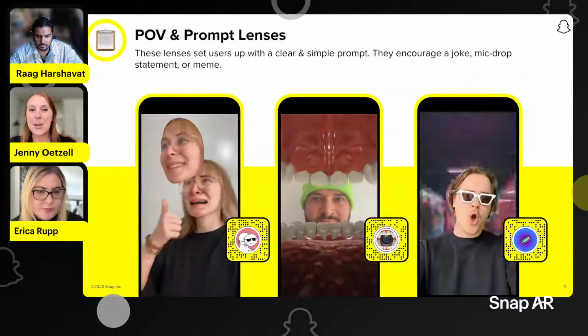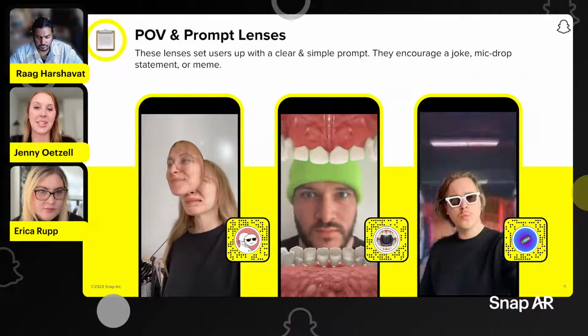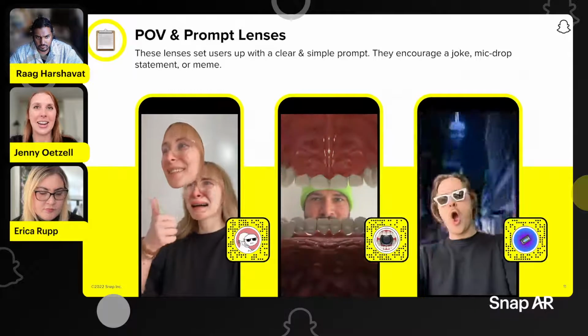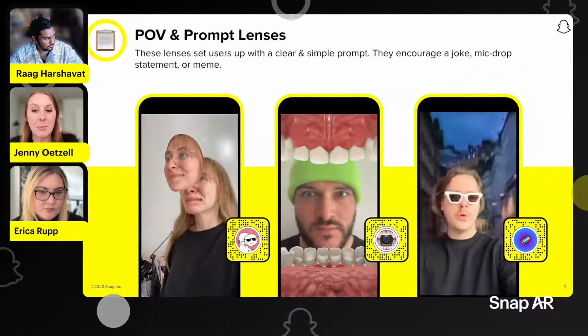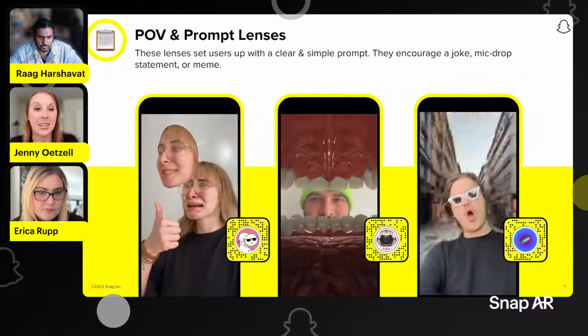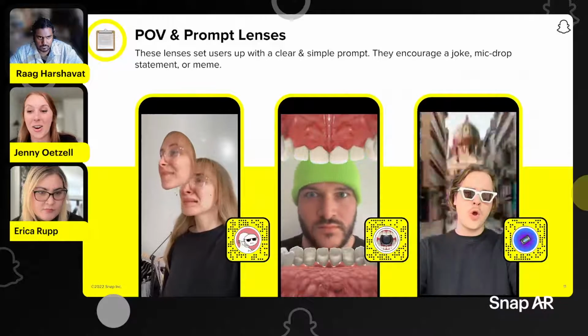Awesome. Okay. POV and prompts lenses. POV, point of view, we see that used a lot in internet language, I guess, for jokes, but giving people a stage to make these types of stories and jokes is really awesome.